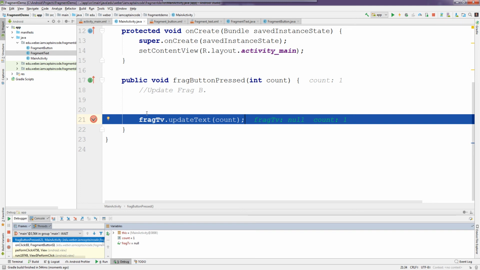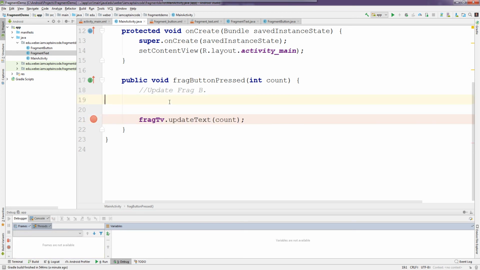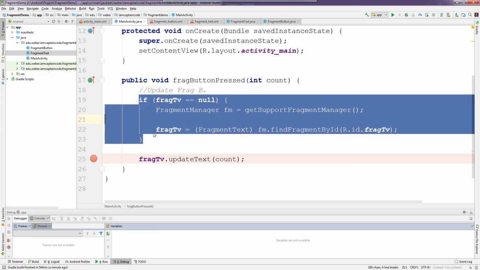You can also do a log.d and print out, say, frag TV, and it'll tell you it's null. That helps to find those problems when you're getting a null pointer, figuring out what variable involved in this process doesn't exist. Okay? So being careful of how you write your code is first and foremost, but inevitably when something blows up, make sure you're checking and paying attention for those null pointer errors because you're going to run into them a lot. The last thing I want to show you is how to write a toast, because you'll need these